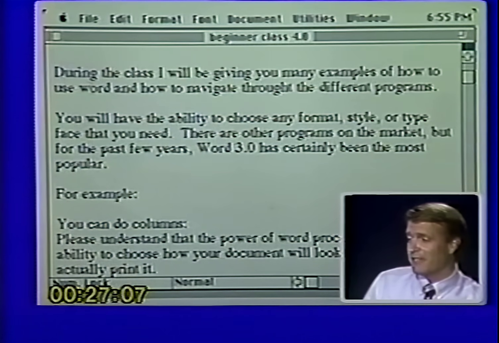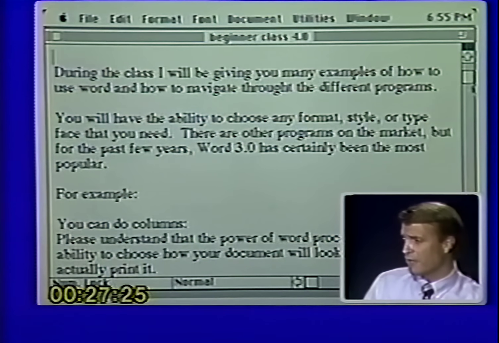Let me just tell you something about the undo button, and that is it will only remember the last function that you did. You cannot go back and say, remember that paragraph I deleted about 6 minutes ago. It only remembers the last function that you did, and it will allow you to bring that back. So that's the undo feature. That's deleting in Microsoft Word.